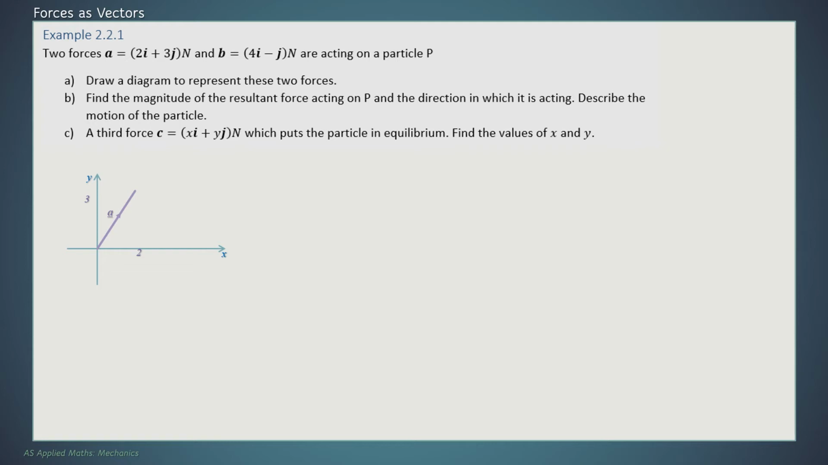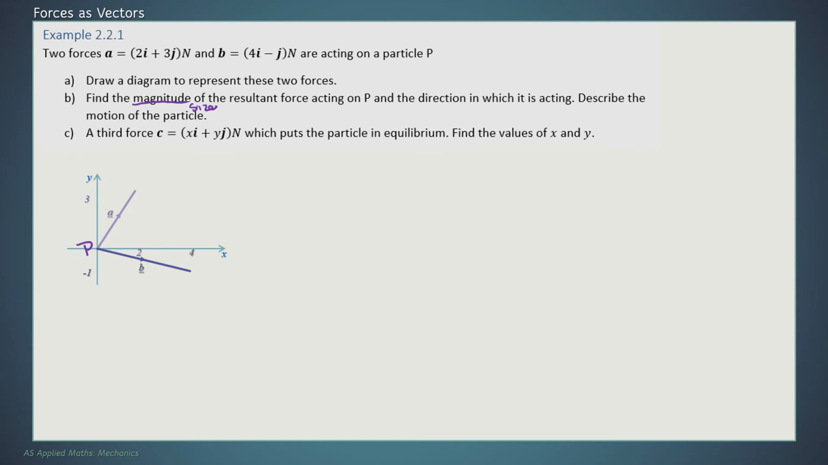So that's vector A. If we want to draw vector B, then we need to go 4 across and 1 down. So it would look like that. So we've got those two vectors, and that's acting on our particle P, which would be at the origin on our diagram. So part B, find the magnitude of the resultant force acting on P and the direction in which it is acting. So the magnitude,